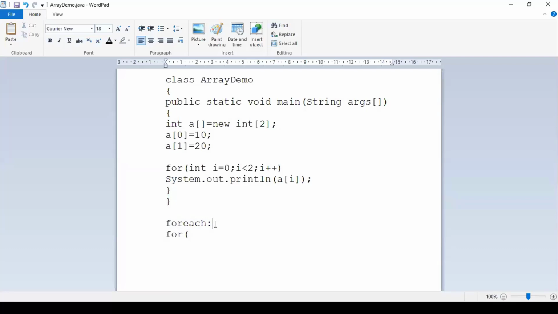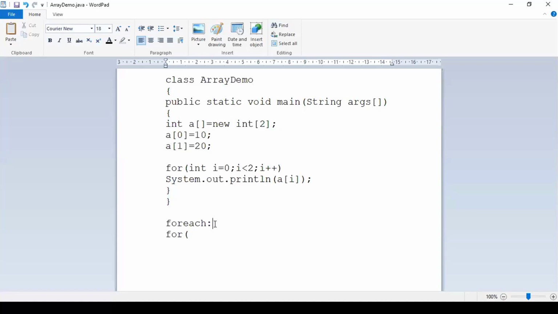Once you have a group of elements, if you want to perform any action on those elements, what actions will you be performing? Either you will be displaying the contents of that particular group, basically when you want to print the content of that group.